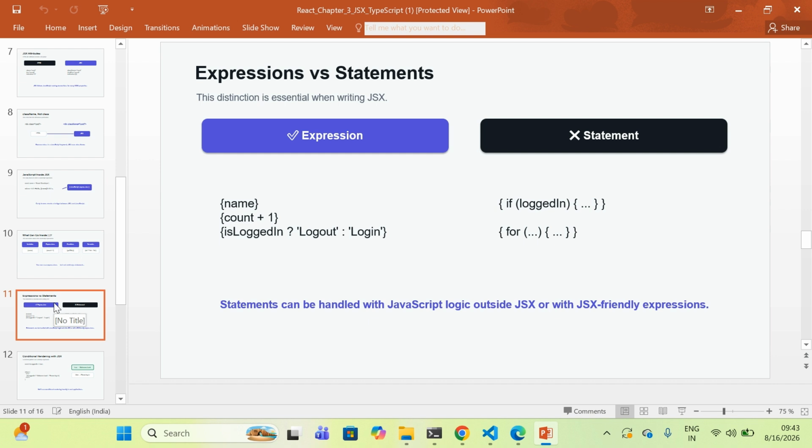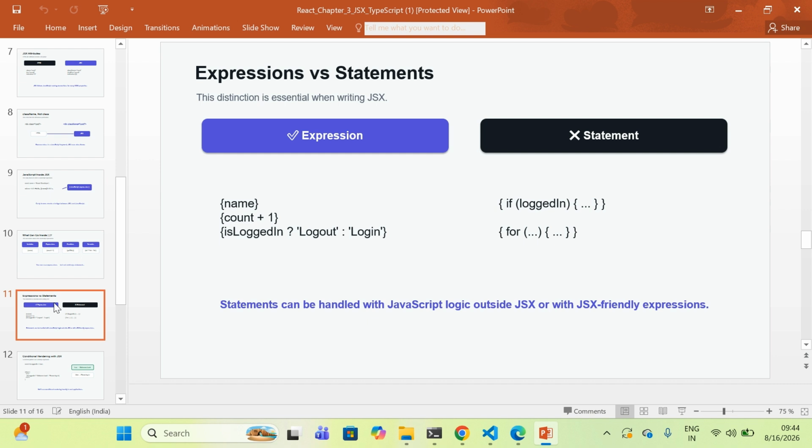Expressions versus statements. This distinction is worth understanding because we will encounter it constantly in React. An expression produces a value; a statement performs an action or controls the flow of a program. For example, count plus 1 is an expression, a ternary condition is an expression, but an if statement is a statement, and JSX expects an expression when we are inside curly braces.